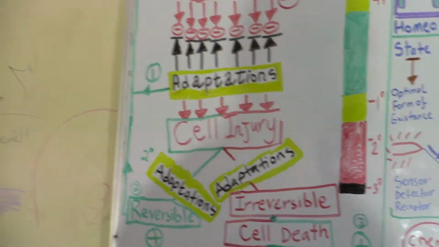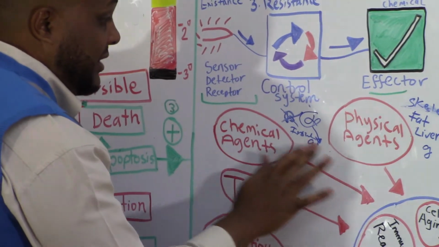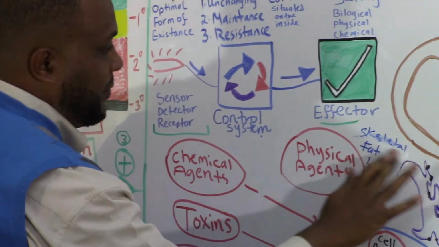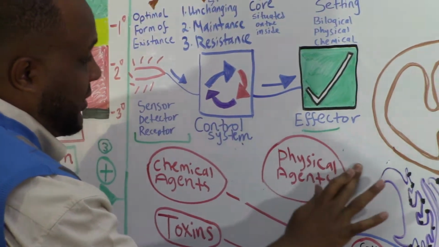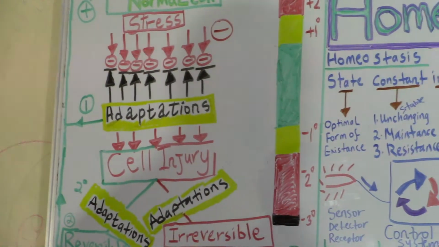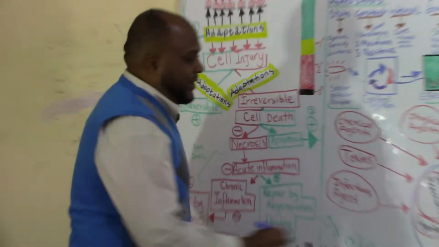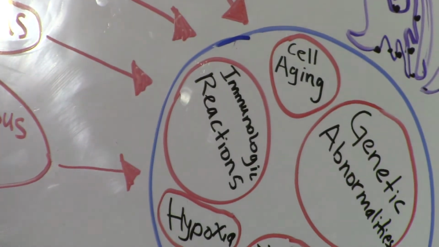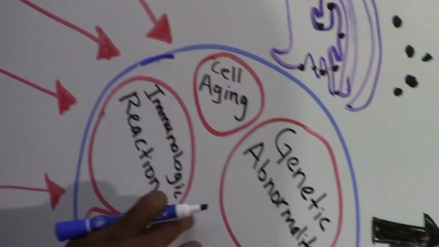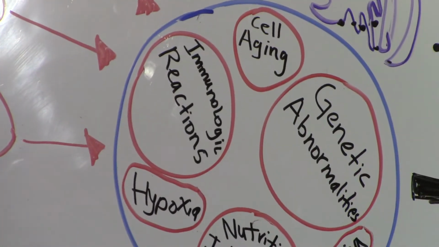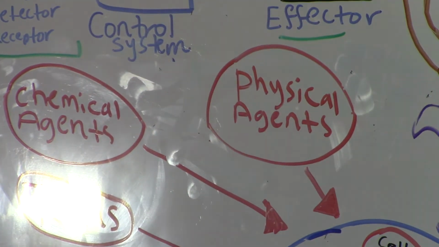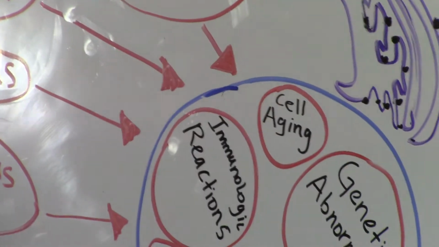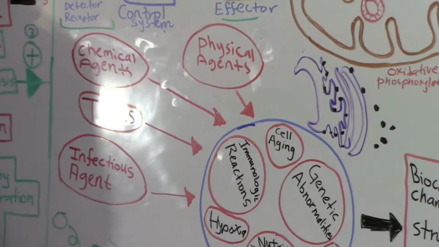and they require very important biochemical pathways for our survival. Okay, now we talked about homeostasis. Now we will talk about the stressors from the perspective of where they originate from. There are stressors that originate from inside the cell, and there are stressors that originate from the outside of the cell. Stressors that originate from the inside of the cell are genetic abnormalities, where there is a mutation leading to